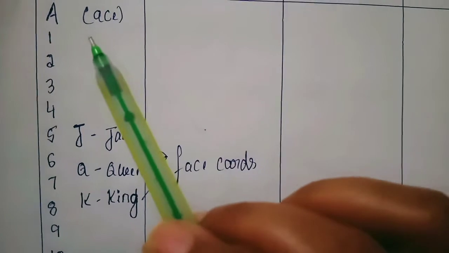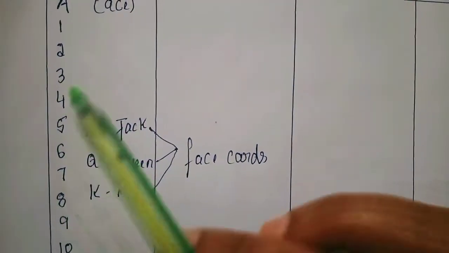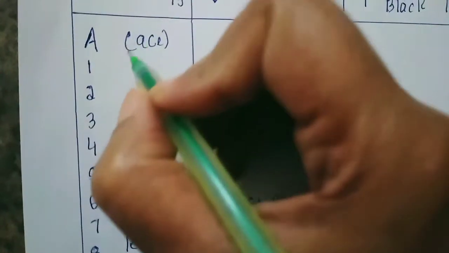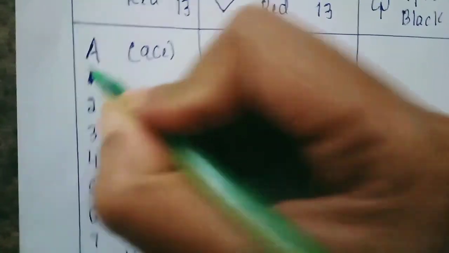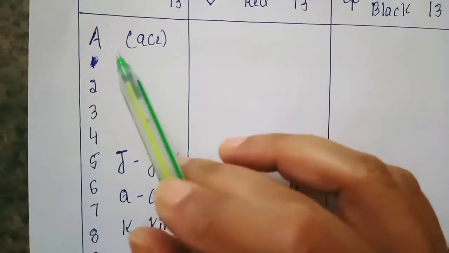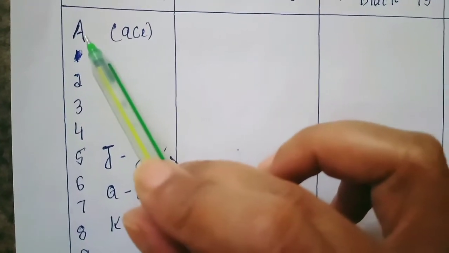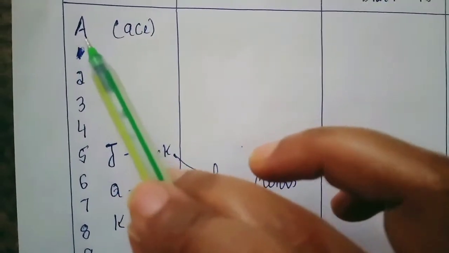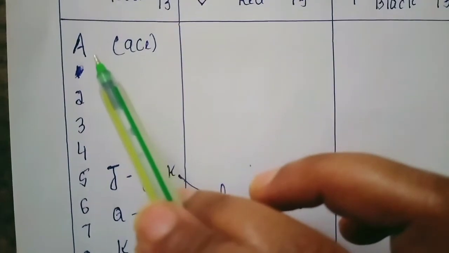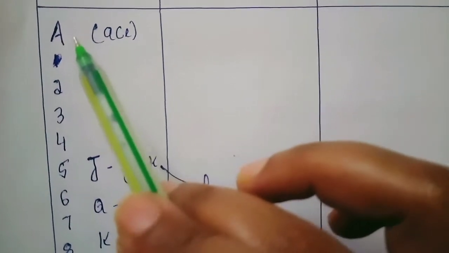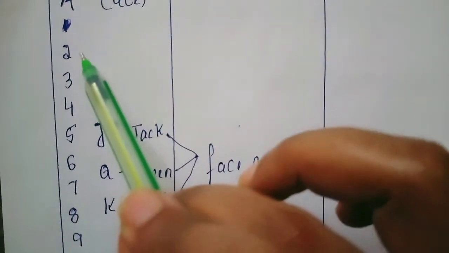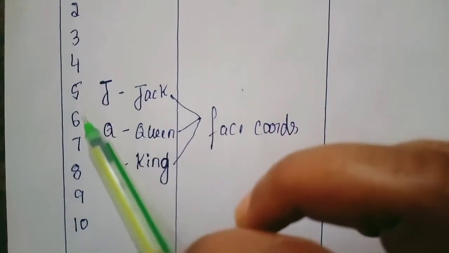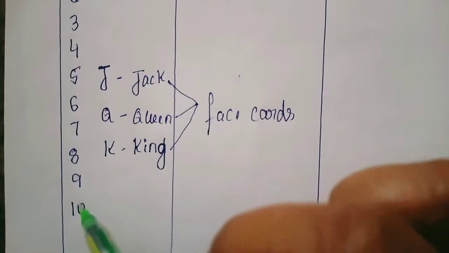Now let us find out what these are. So number cards, this one will not be there. So ace. A means what? Ace. When you play, we count ace as 1 actually. There won't be a number card 1. So this we call A, that is capital A. This is an ace. Next 2, 3, 4, 5, 6, 7, 8, 9, 10.